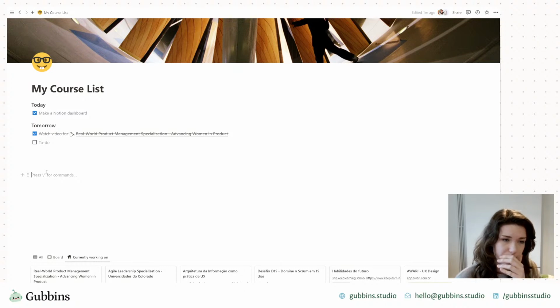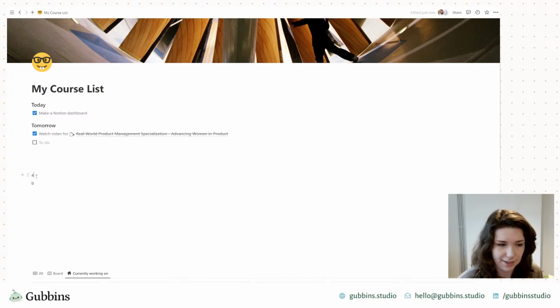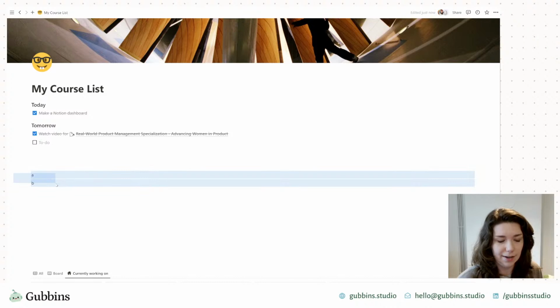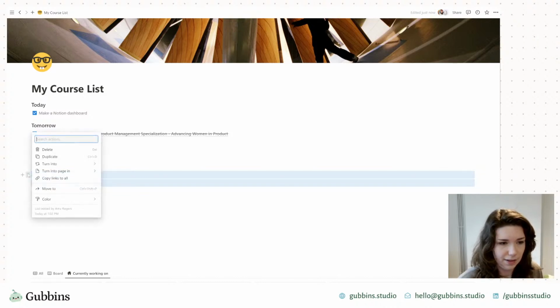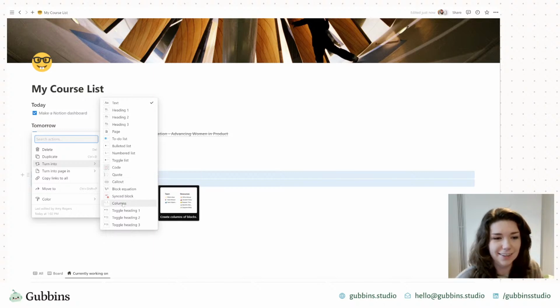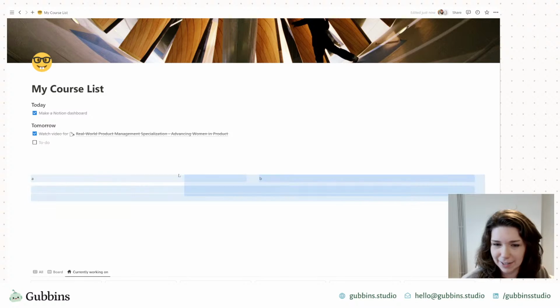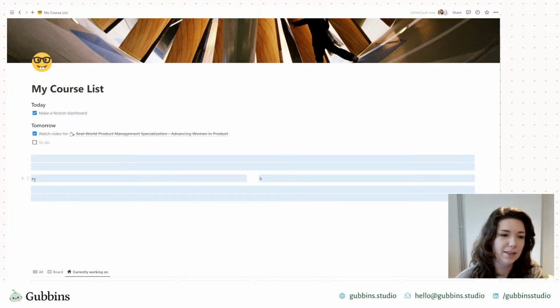So the way that I do this, and I've done this for ages, is to have your two blocks here, labeled A and B, highlight both of them, and then turn into column. I can never find it. I think it's because this list isn't alphabetical. Anyway, then select columns, and you can see now if I highlight all of this, that A and B have been turned into their own little block that has two columns in it.